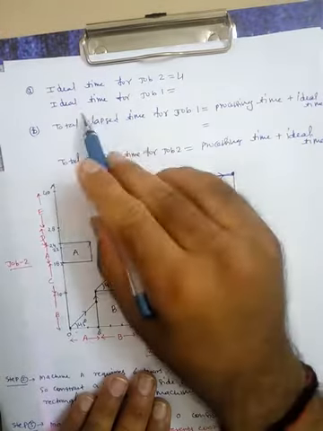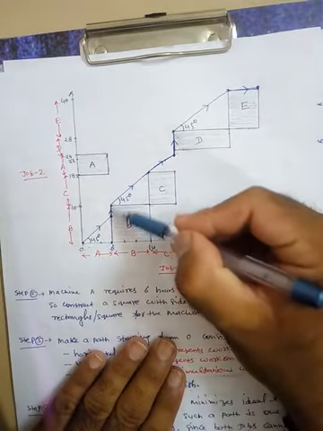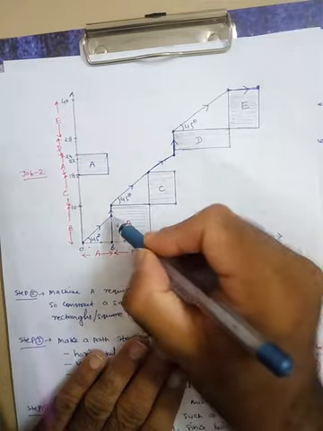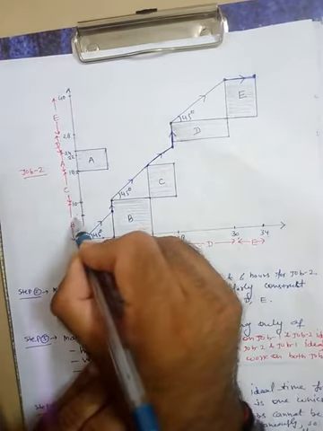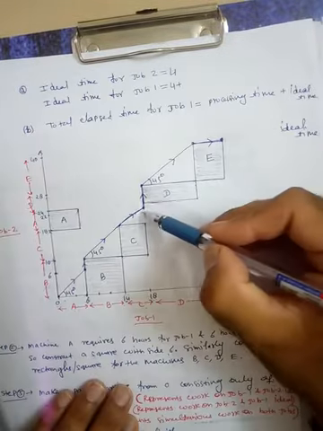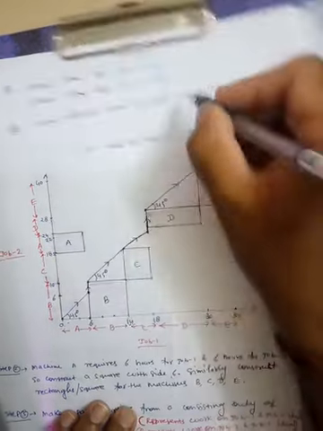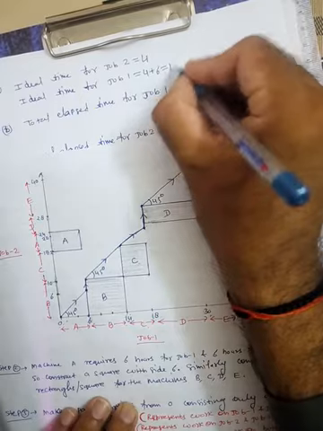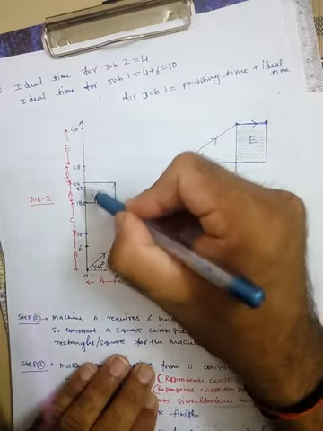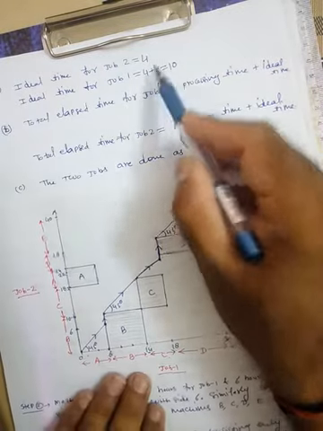Now find out the ideal time for job 1. That means vertical lines. Here is the vertical line. The distance is 6, so this point is obviously 6. 6 to 10, that means 4 hours. And here this point is 22, and the last point is 28. The distance is 6. So 22 to 28, the distance is 6, plus 4. 4 plus 6 is 10. So this is the ideal time.